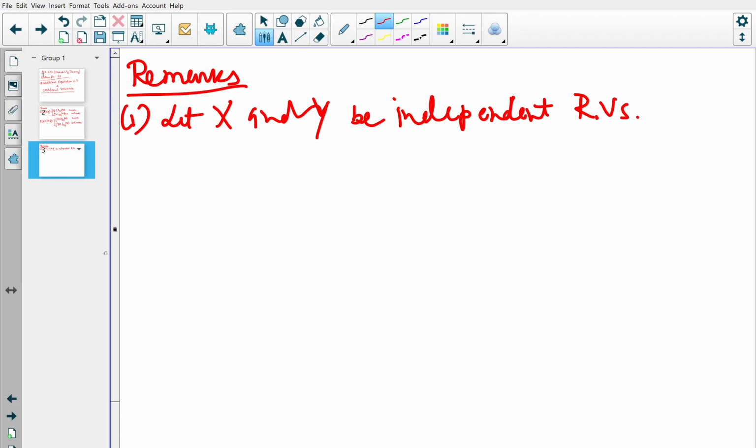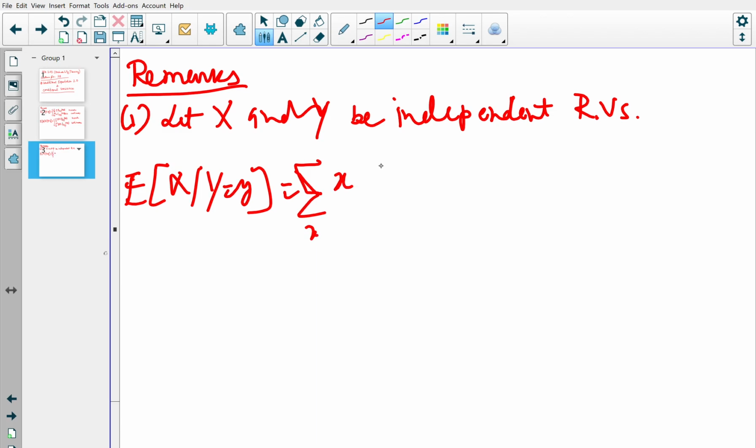Let me do it for discrete random variables; you can do it for continuous. Then the conditional probability of X equal to x given Y equal to y is